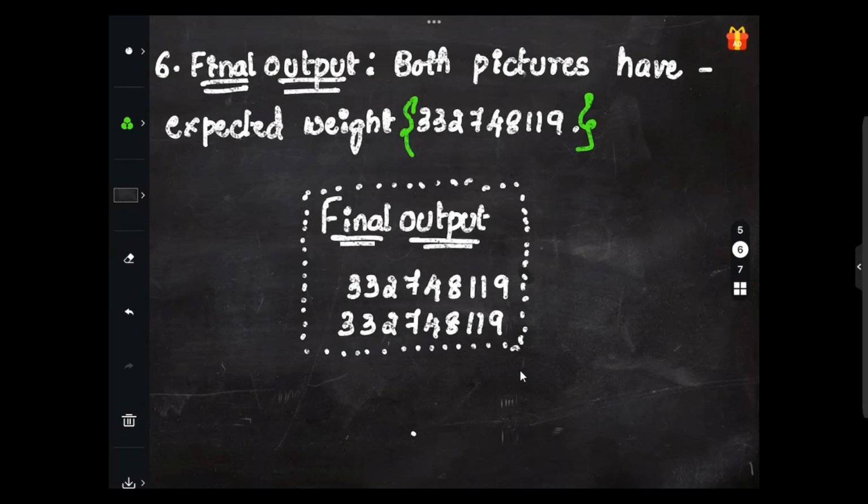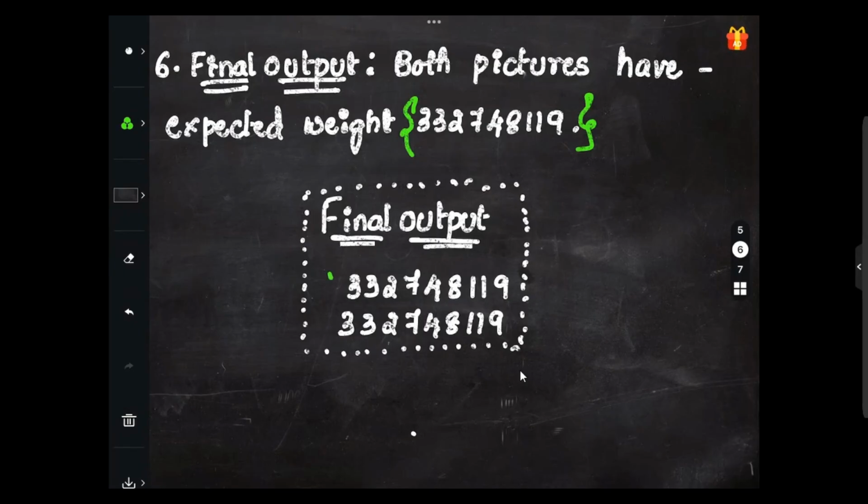So after going with the modular inverse, we have got the value 3327481119 for both pictures. Both pictures have the expected weight. This one we have to go with the expected weight, right? So we need to return the expected weight. So both pictures have the expected weight